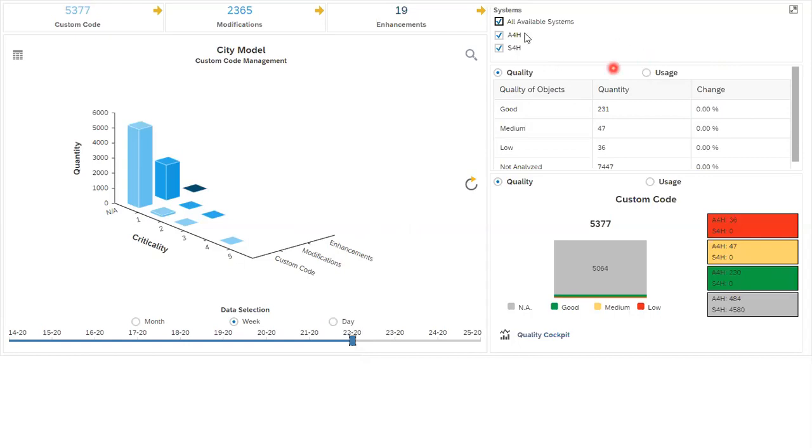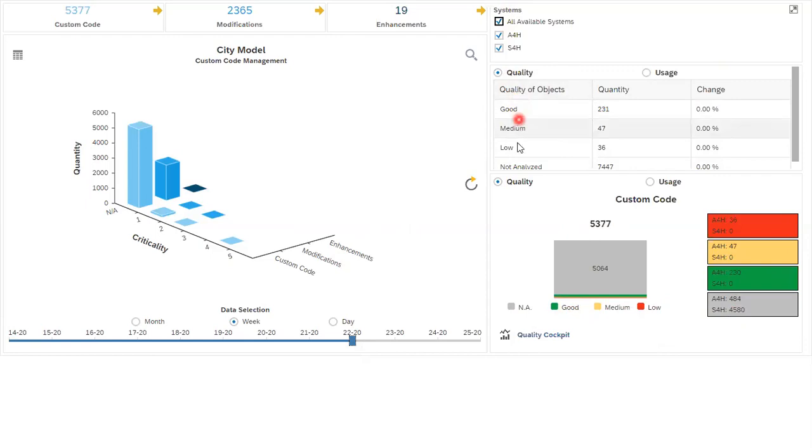Here are the system names for which it is done, and this is the quality of the objects it is showing as of now. Below you can see there's good, medium, low. Along with the categories there is also NA, which means not identified.